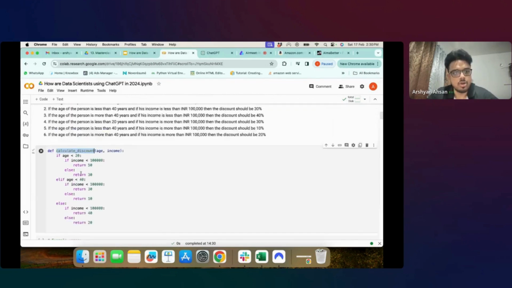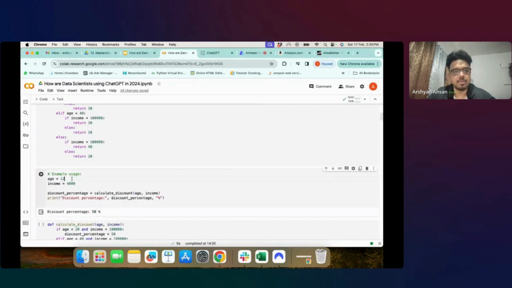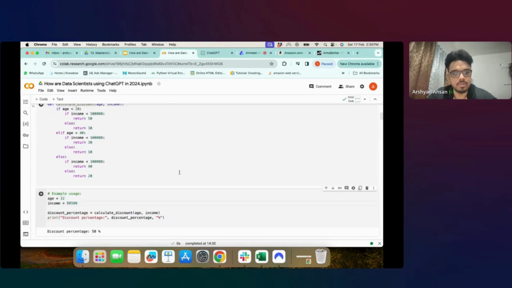Now let's take an example. Let's take this second condition: if the age of the person is less than 40 years. Let's assume that the age of the person is 32 years and his income is less than 1 lakh, say 80,500. Which category will he fall in? Less than 40 years and income also less than 1 lakh. So out of the six categories, he is falling in the second category, so the output should be 30%.